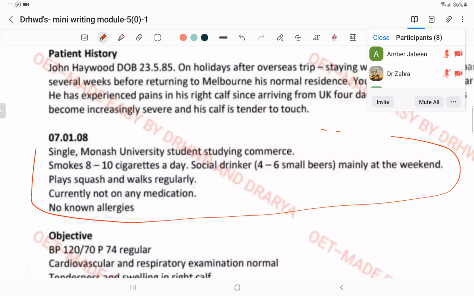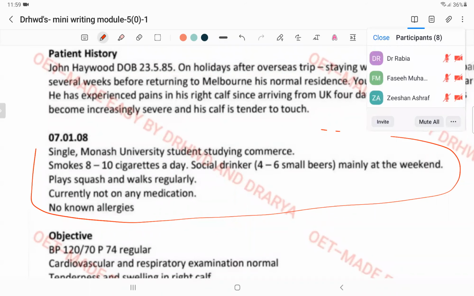Dr. Zahra, what do you think? Come on, guys. You know your name on the screen, just say it. I don't need to ask. Just take your turn. Ma'am, as we are sending him back to his GP, he already knows about his smoking habit and that he's a drinker, unmarried. So you'd write nothing from this. Okay. All right.